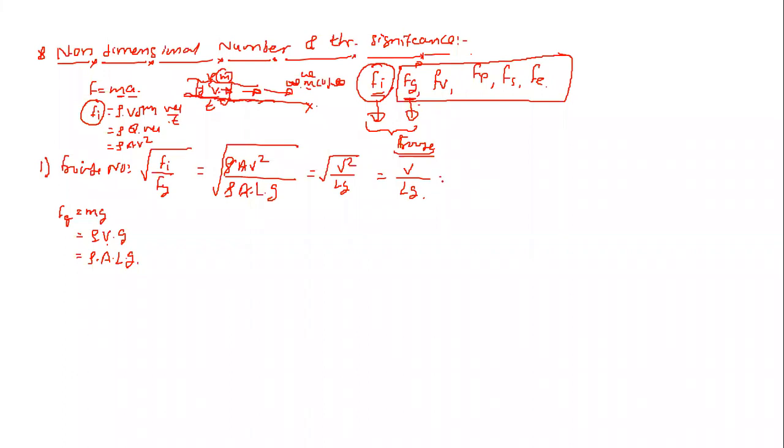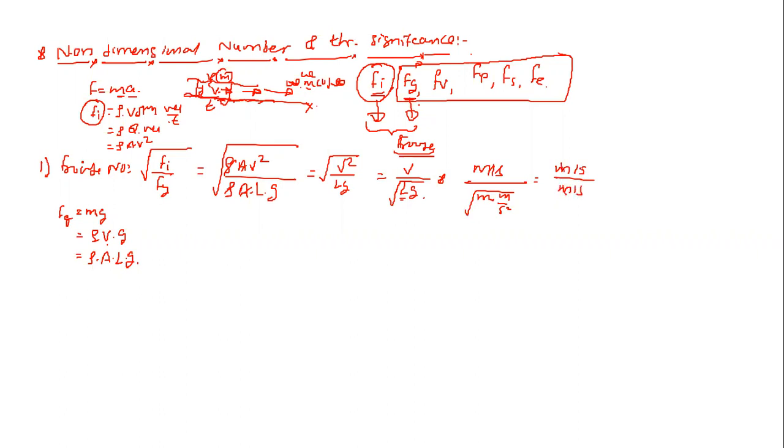So this is the first non-dimensional number, that is the Froude number, V by root Lg. Now if you go for the dimensional form, then we have the unit for the velocity as meter per second, the unit for the length as meter, and gravity as meter per second square. That will be in root, that is equal to meter per second upon root of meter into meter per second square, that is meter square upon second square. If we take the square root, then it will be meter per second.